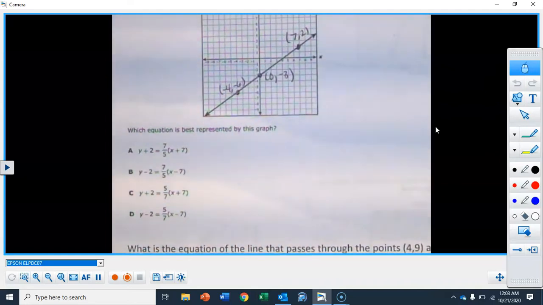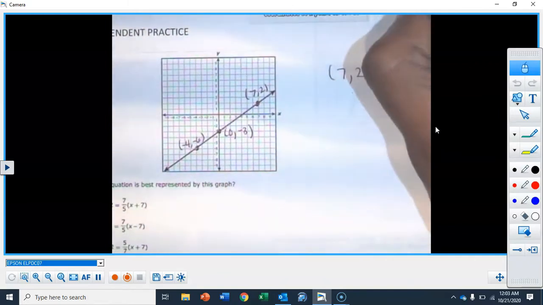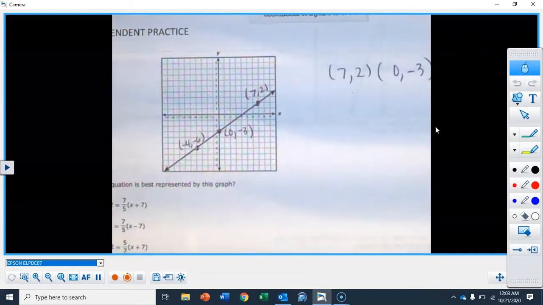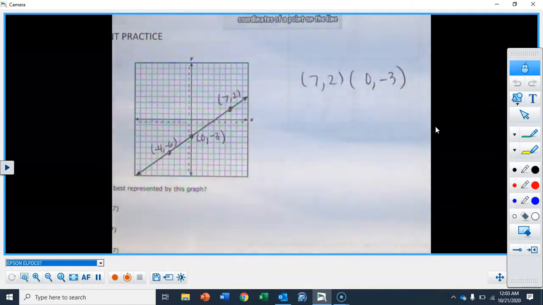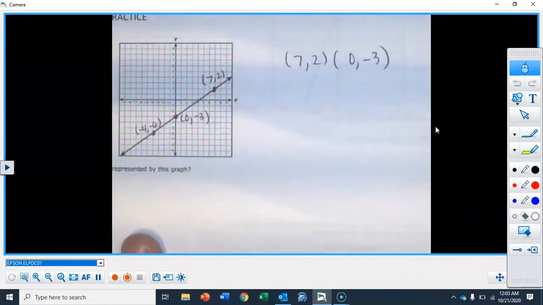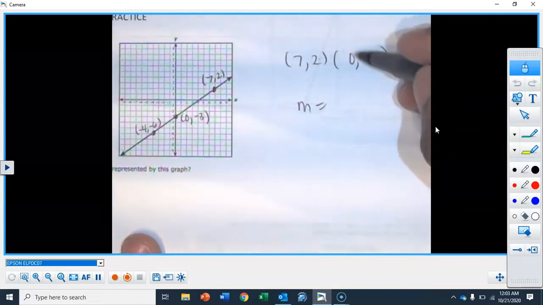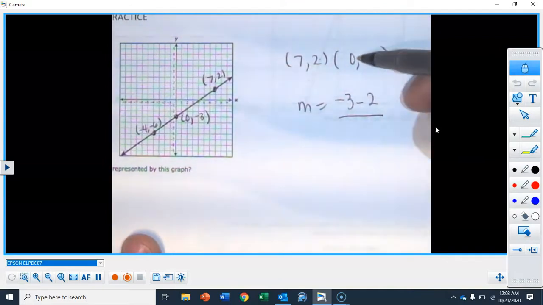So it's just all kind of points you can pull off, okay? But I'm going to use 7, 2. And then I'm going to use 0, -3. Let's see what that does for us, okay? So as soon as you have 2 points, guys, your brain should automatically tell you, hey, I should find slope, okay? And then remember, up here is the point slope formula right there. So I'm going to do m equals, we're going to do y2 minus y1. I always come from the right, and then I'm subtracting this number over here on the left that's closest to the right of the equal sign, of the parentheses. So this is -3 minus 2 divided by, and then I have 0 minus 7.